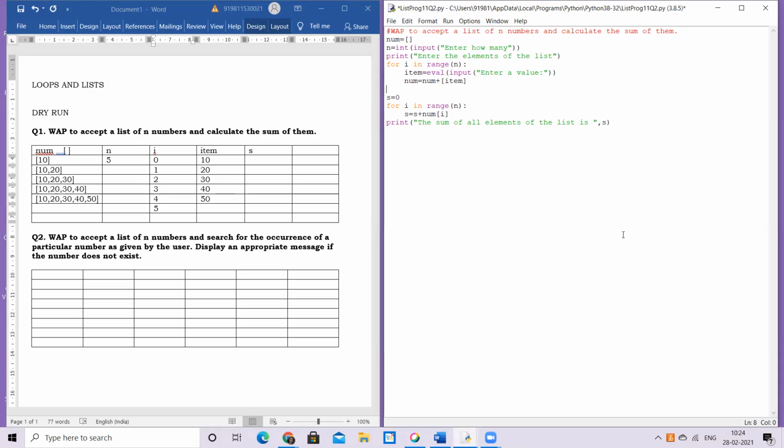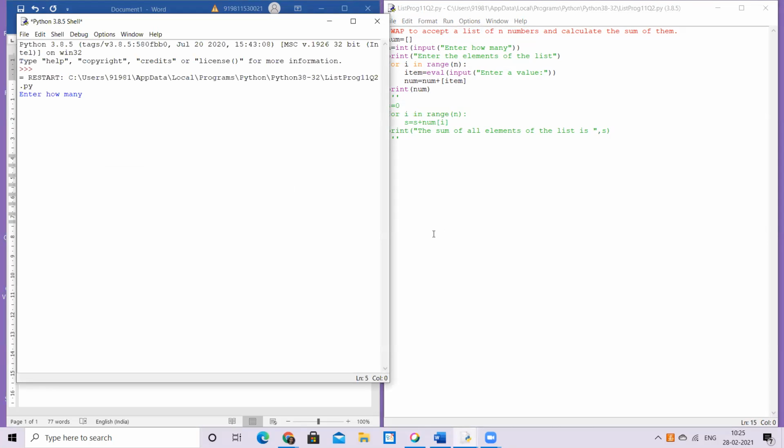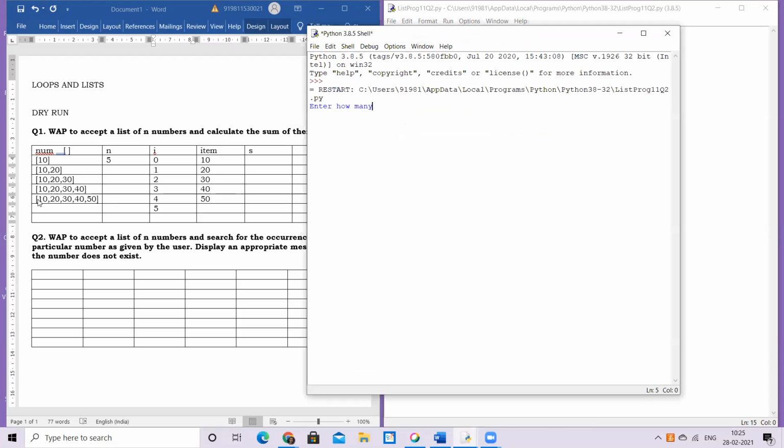So if at this point I say print the value of num, complete num, and I make the rest of the portion a comment, which I'll do later with you, and I try to execute the program once. So I save and I run it. So it says enter how many. Let me do it just the way I've done it here so that I can show you that my ultimate answer, the list, is basically this as of now.